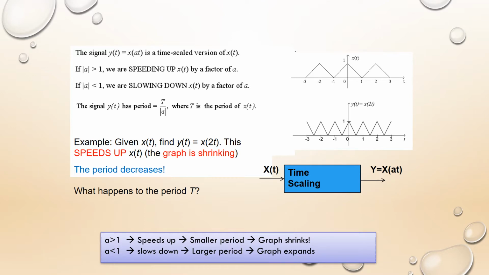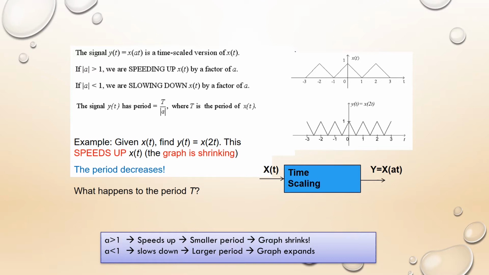So the signal is, for example, y of t equal to x of at. With respect to the time axis, we want to scale the signal. The time scaled version of x of t is, for example, with a greater than 1 or a less than 1. When a is greater than 1, we are speeding it up. So we are making it faster. So when we double the speed, our signal is going to get